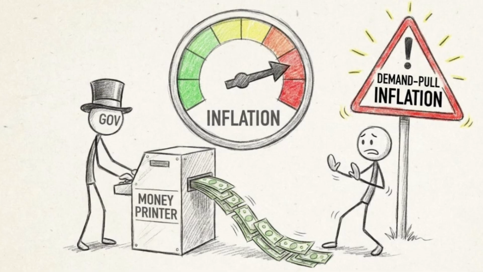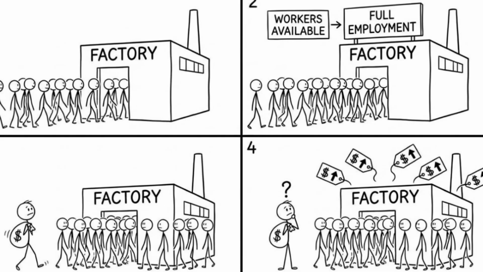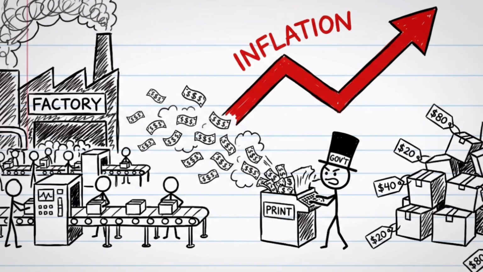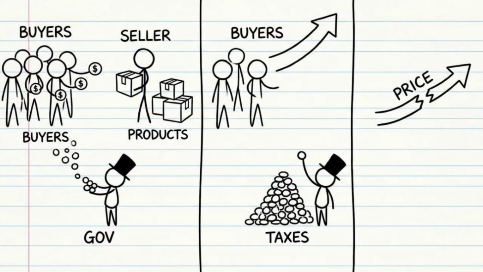MMT economists acknowledge that a government is limited politically in its money creation by something called demand pull inflation. This happens when the real, tangible resources of an economy, like unemployed workers and capital, are fully utilized at full employment. If you keep printing money after the economy has reached its full capacity, further money creation will simply generate inflation. MMT argues that inflation pressures can be mitigated by increasing taxes to reduce the spending capacity of the private sector.